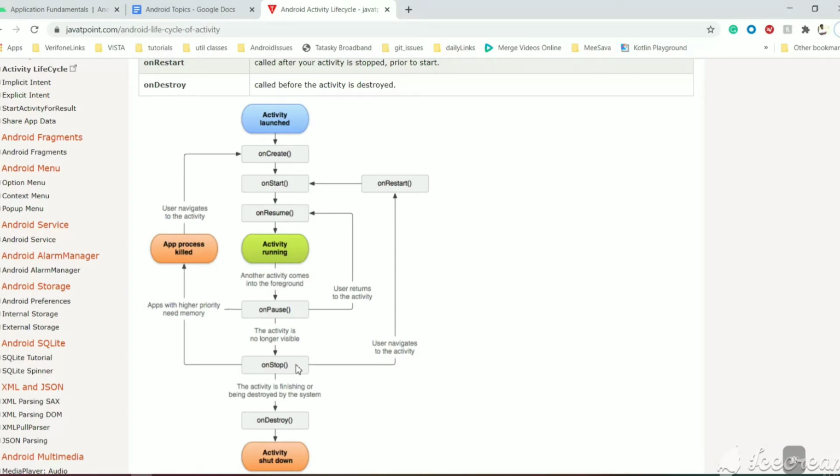And if you destroy this activity then it will go to onDestroy state. And when the activity is in onStop state and if you navigate again to the activity then it will go to onRestart state and onStart state and onResume, and again the activity will be running actively which the user can interact with.